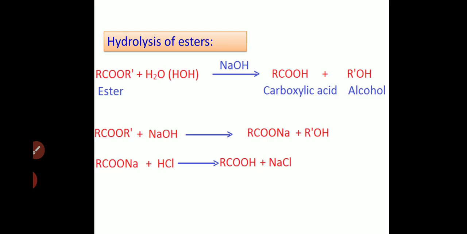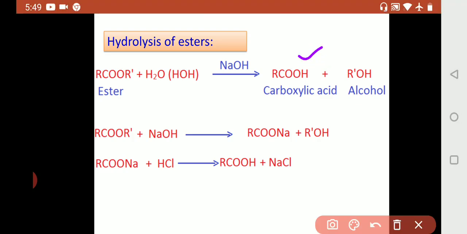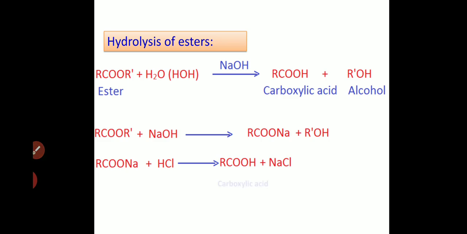Yes, so this is the overall reaction. In the previous slide we have seen step by step. Now we have summed up all the equations. That is, RCOOR' plus H2O directly producing carboxylic acid and alcohol. How is this happening? First of all, it reacts with base to form the sodium salt of carboxylic acid. Then the sodium salt of carboxylic acid reacts with a mineral acid to form carboxylic acid. So this is the sum up of the previous slide. Now, an example of ester hydrolysis.